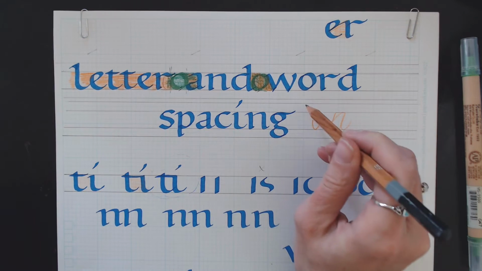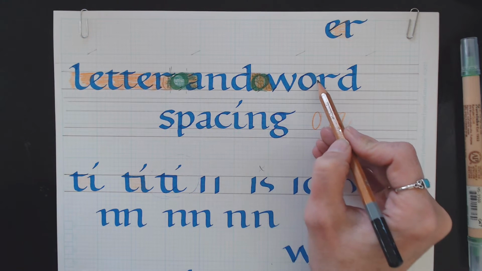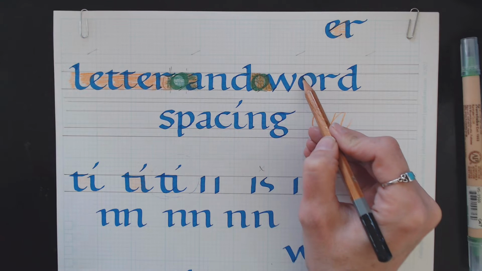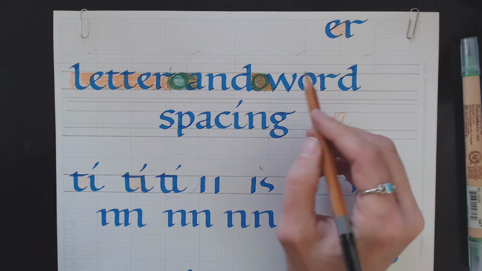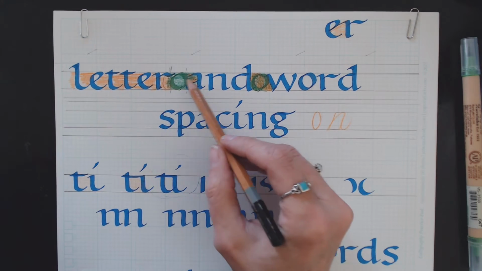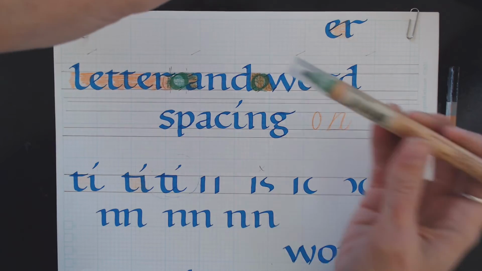So for foundational hand, I want my space between words to be the same size as this O. And that's going to vary a little bit depending on what the first and last letter are, but this is how I measure